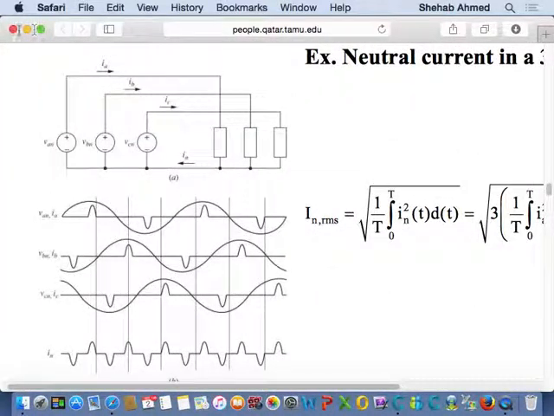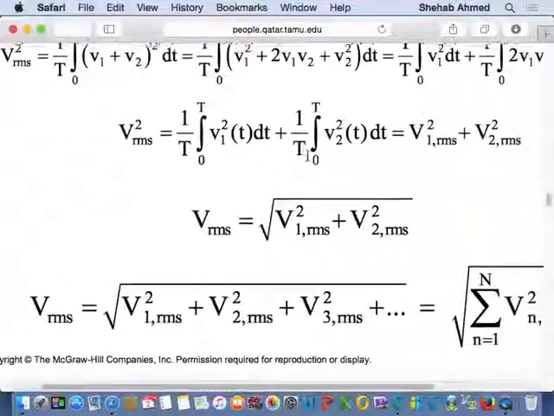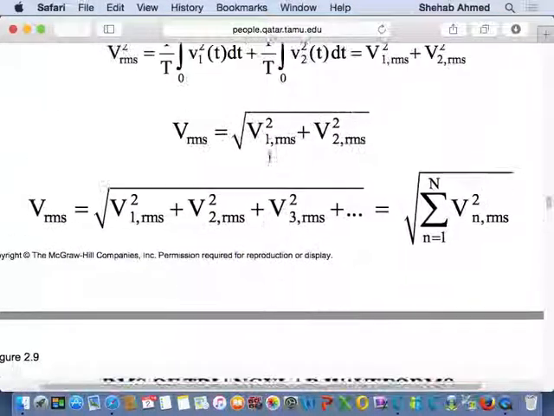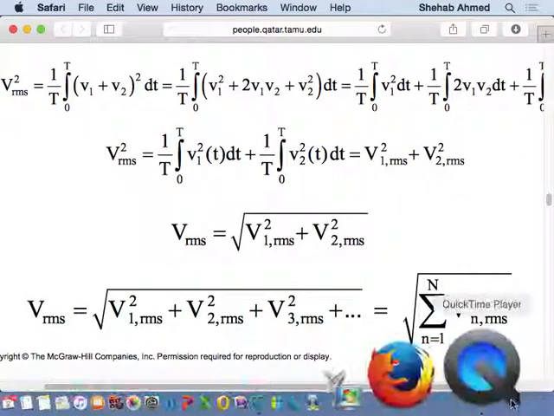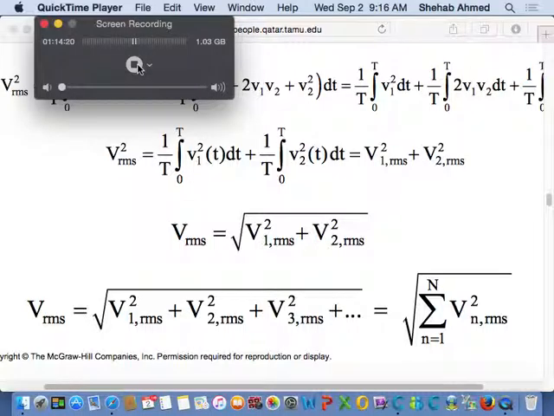So we stop here for now. So I think that covers RMS value calculation. The next thing we'll do is continue talking about power calculations as well. So we'll stop here and continue next time. Again, this chapter, I apologize, it's a simple review, but